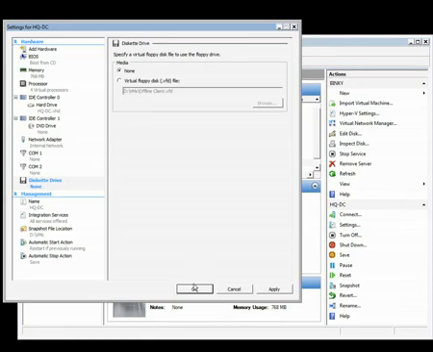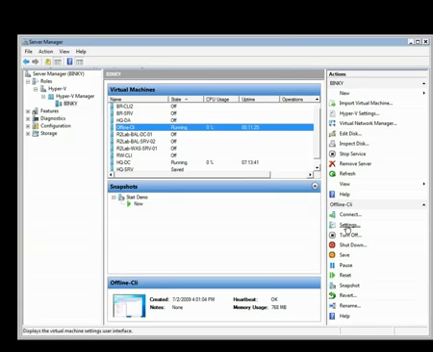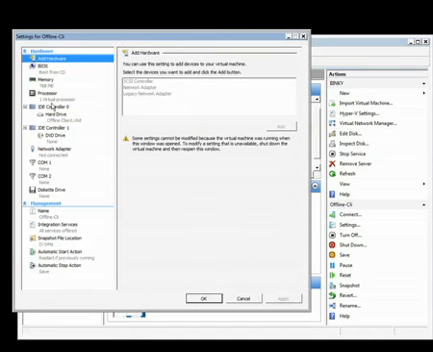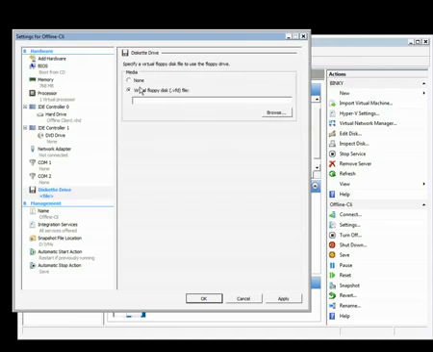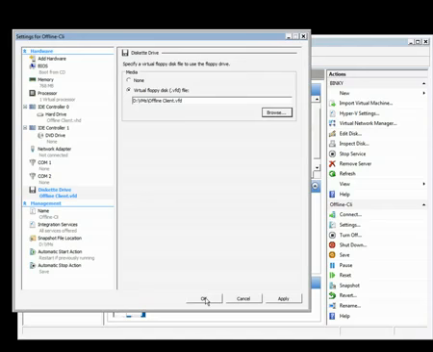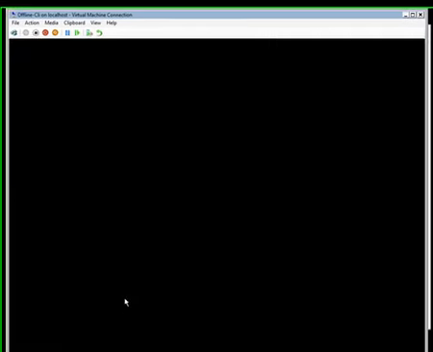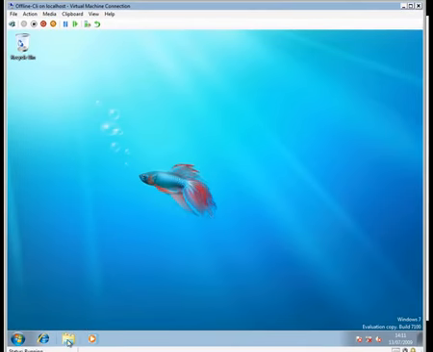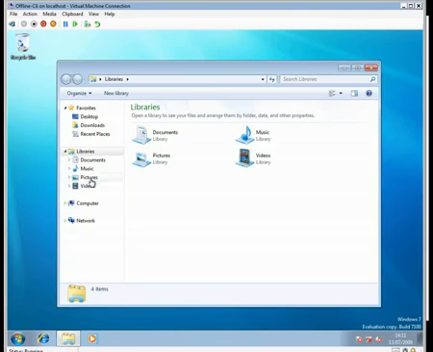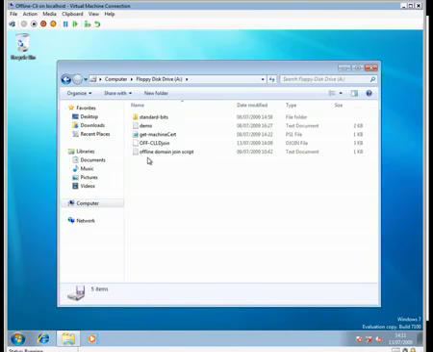So I'll just say none here to remove it from my domain controller, and then I go on to my offline client and mount it here. I can now go onto my virtual client, have a look at that floppy disk, as you can see it's the same one we saw earlier,